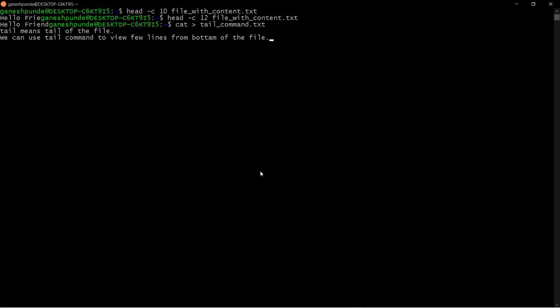But if you want to view the tail of the file, then you can use the tail command, and it is exactly the opposite of the head command, right? So let me save this. In order to save, I say Control D, right?